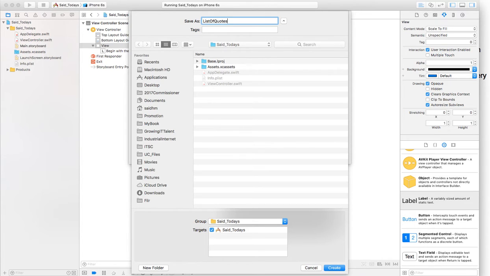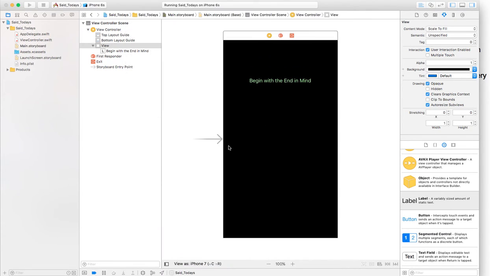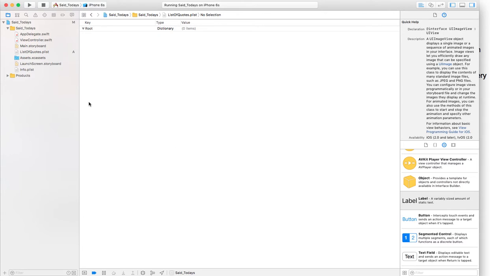And that name is important. It's case sensitive. So I'm using here a camel case where the first letter of every word is uppercase. When I go to the controller and ask the controller to load the file, the name and the case will be important. So here the list file is made of 3 columns: key, type, value, and